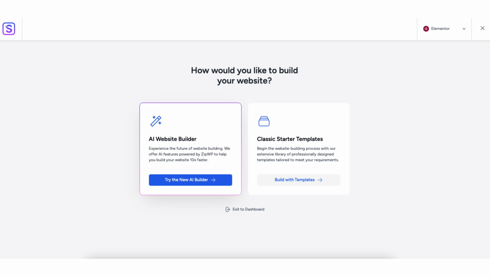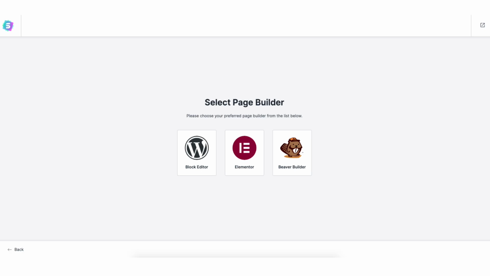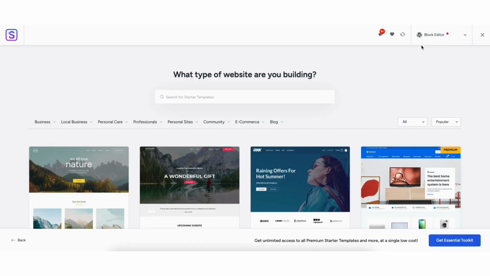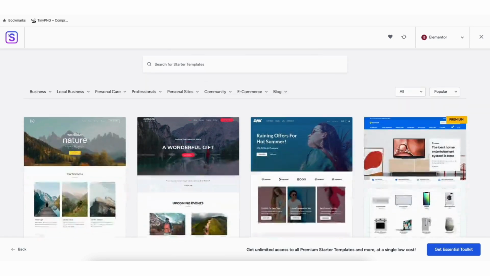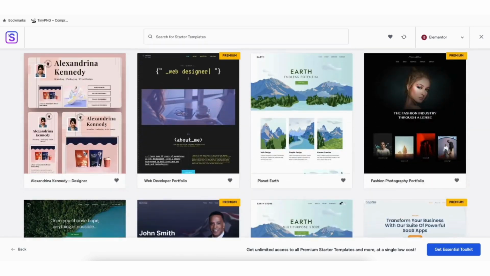I'll select the classic starter templates. Click the Build with Templates button. Choose Elementor for the page builder. On this page, if you ever see something other than Elementor showing up at the top, just click from the drop-down and select Elementor. It'll now showcase a bunch of WordPress themes you can build your site with using drag